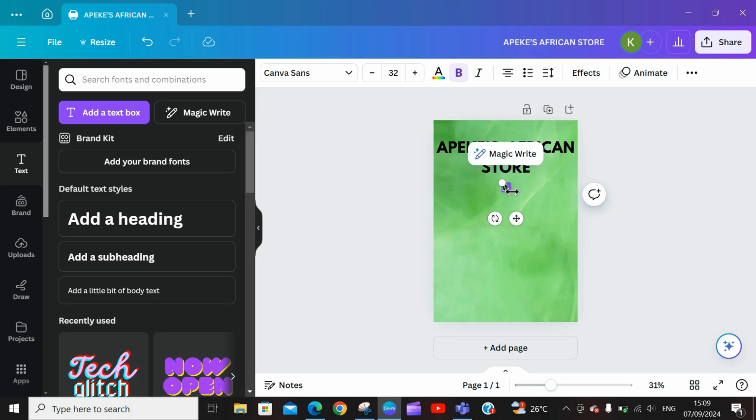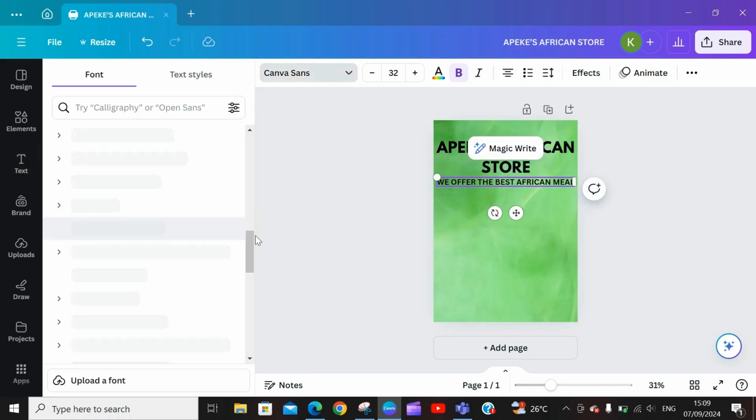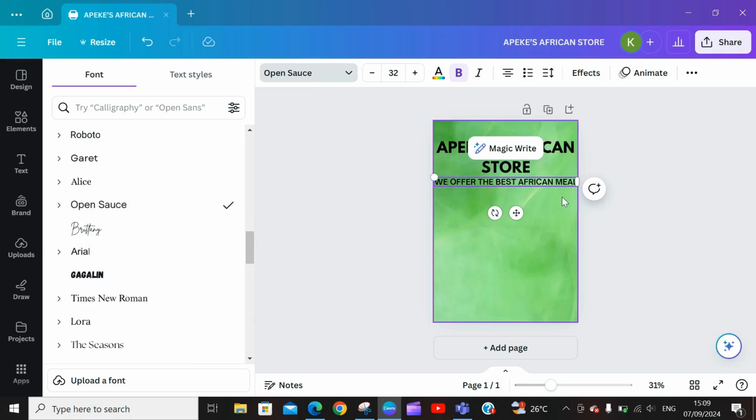So now, let's assume this is it. You just ensure that it is centralized and it's not too big. Then for this font, I think I would prefer using Open Sans. Not too much difference, but just ensure the font is not bigger than the font of the heading. So now the next thing we have to do is